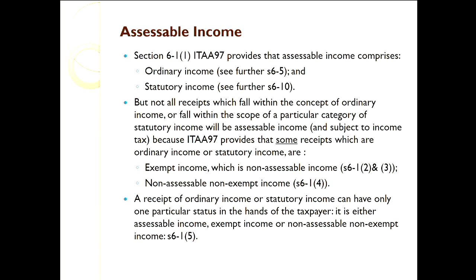Basically, in order to have a tax loss under Australian income tax law, you add together assessable income and exempt income, because exempt income is in fact an economic benefit, and it's only if your deductions exceed the sum of assessable income and exempt income, it's only then that the law will regard you as having incurred a tax loss. Now, I know you haven't dealt with everything you need to know to understand that point, so it will